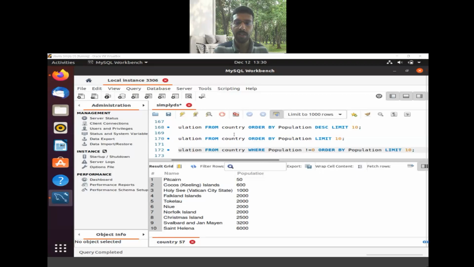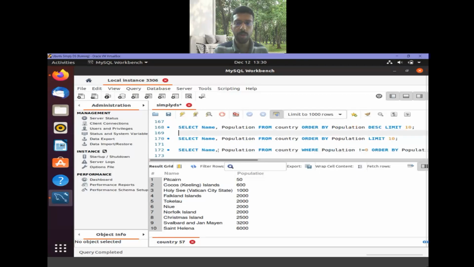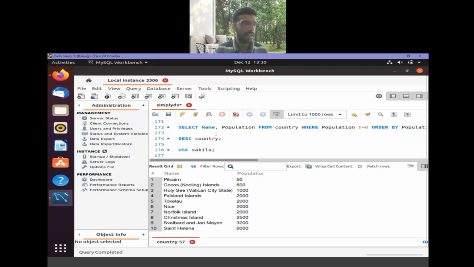So next we will move to what is called aggregate functions. So there are many aggregate functions. We will be considering a subset of those: count, min, max, average, sum. Maybe we can consider these alone. There are actually a lot more. So okay, we will see them one by one.